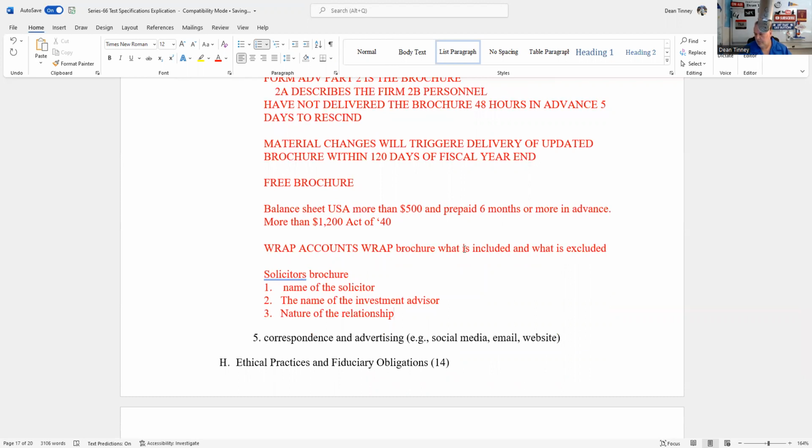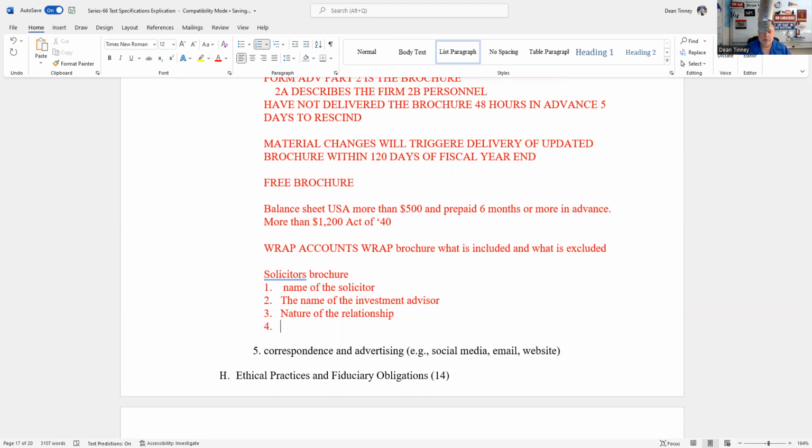And so they're going to give you the first 2% to us as a third party solicitor for raising the money. So what we're going to tell you is, again, by the way, I'm going to give you also the brochure for the investment advisory. So you're going to get my brochure as a solicitor, the brochure of the federally covered investment advisor. I want you to sign acknowledging you read that, and you understood it, because the federally covered advisor is going to send you documentation to sign that I did this